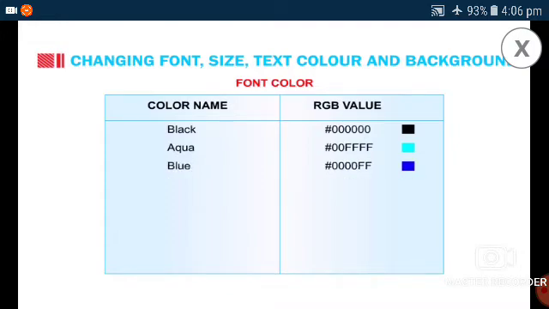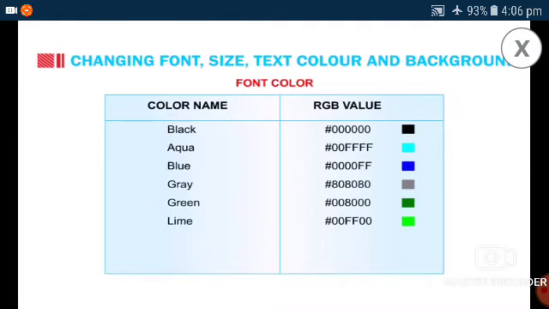See, blue slash four zeros and double F. Like that you enter this type of numbers, and after that whichever color you want, that color name should be typed here. Suppose I want green. So in that program I wrote green slash 00800.